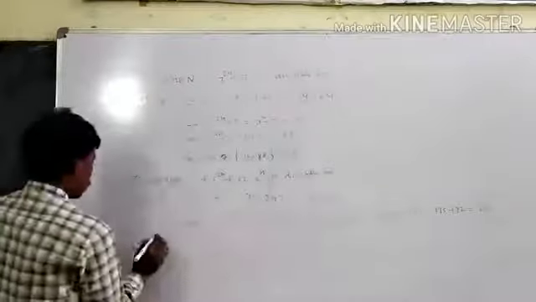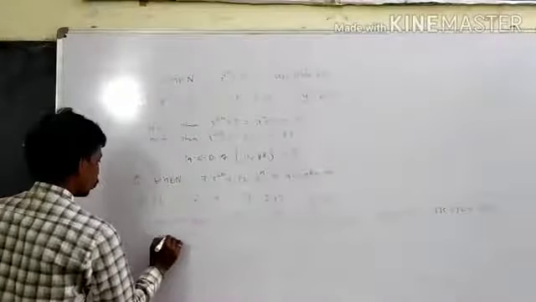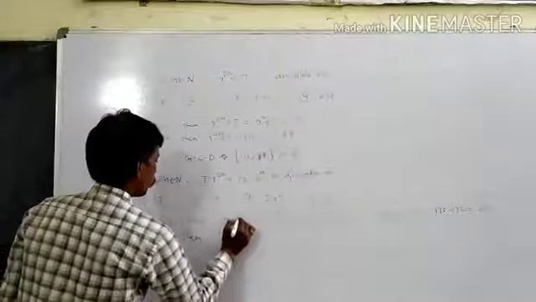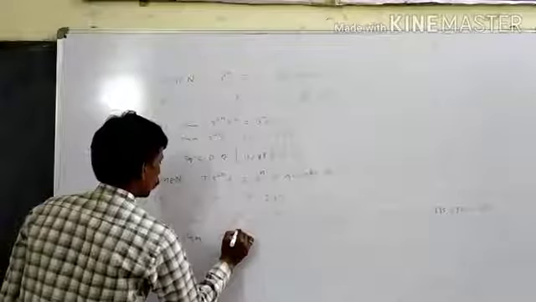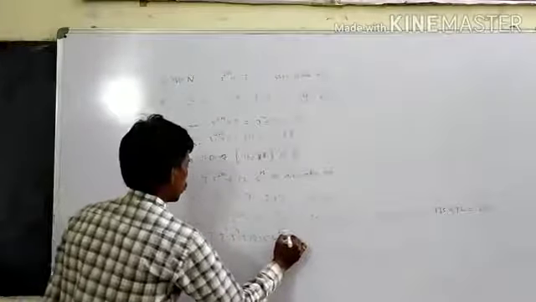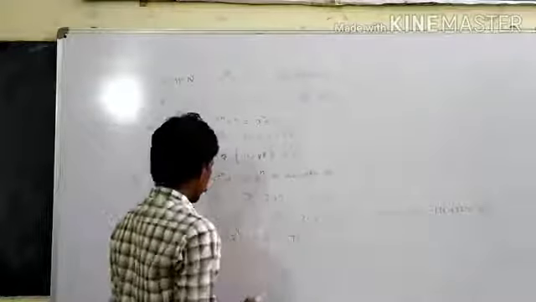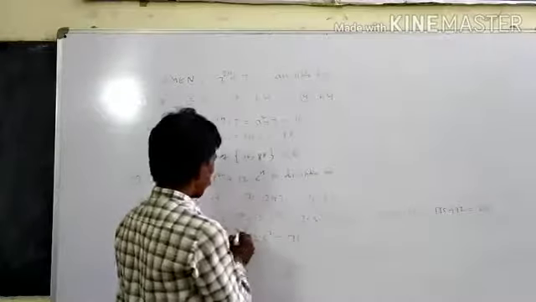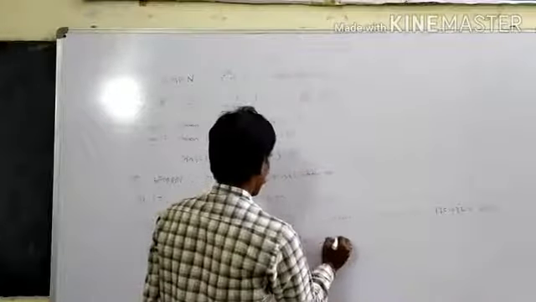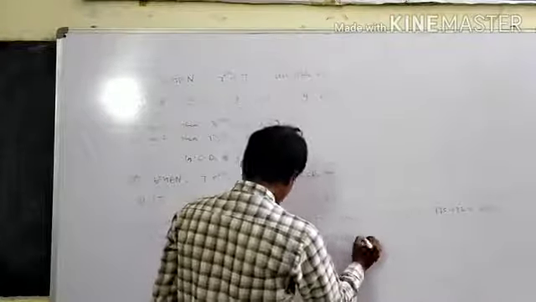Now if n equals 2, then 7 into 5 power 2n is 4, plus 12 into 6 square, 7 into 5 square, 5 into 5 into 625, plus 12 into 36. So that value is